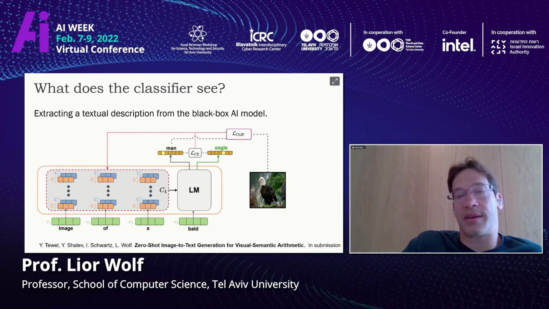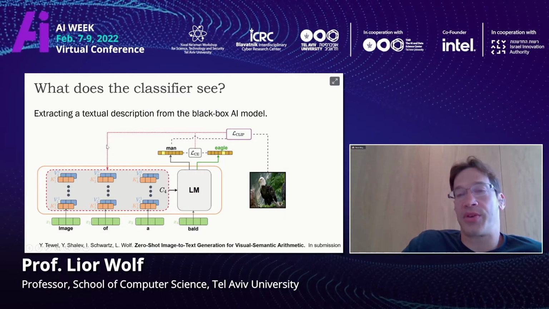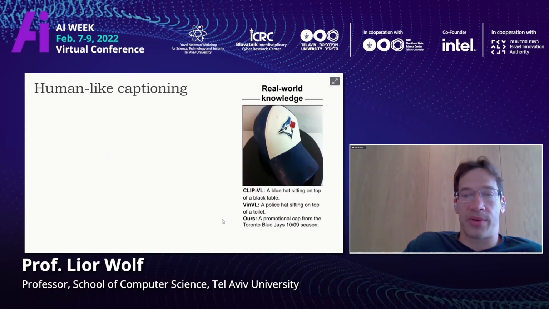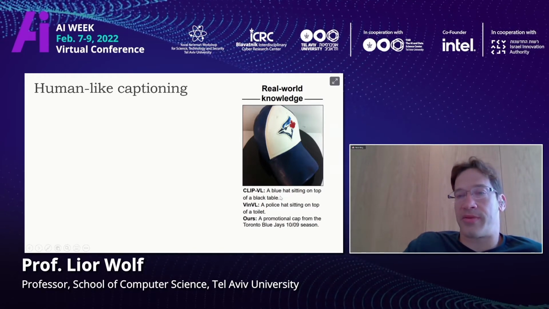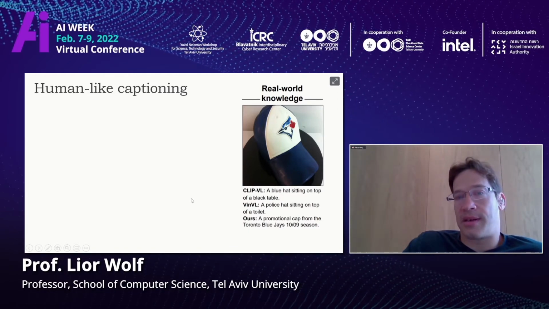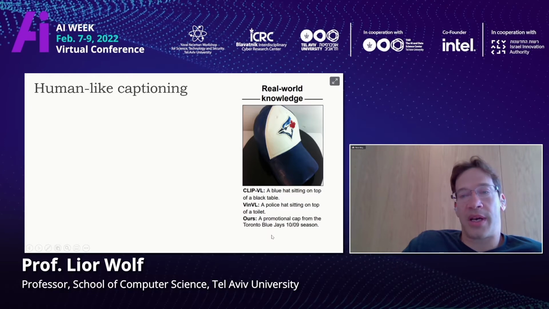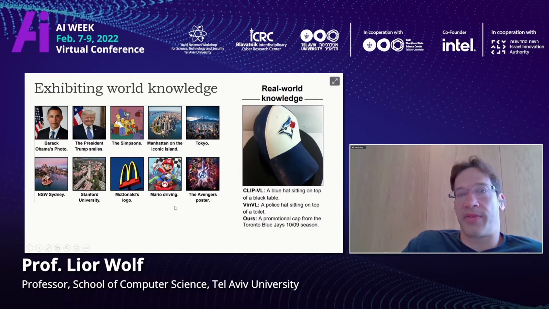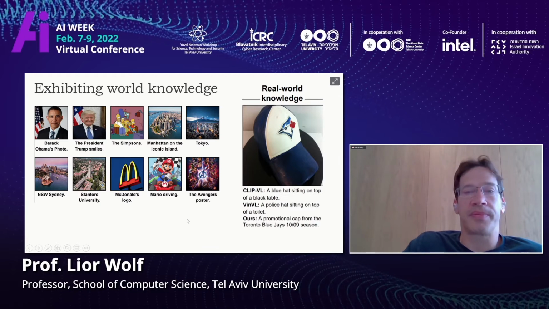This is only done at inference time, and therefore you don't have the biases that come with the fine-tuning or with the training. And you apply it, for example, to this image, and you see that if you look at other systems, what you get is a very formalistic type of description of the image. But if you apply this method, you get something that is very descriptive, and it really behaves like a human, describes the context. It actually has a lot of world knowledge. It can identify things. So given this image, we get the Simpsons as the answer and so on.